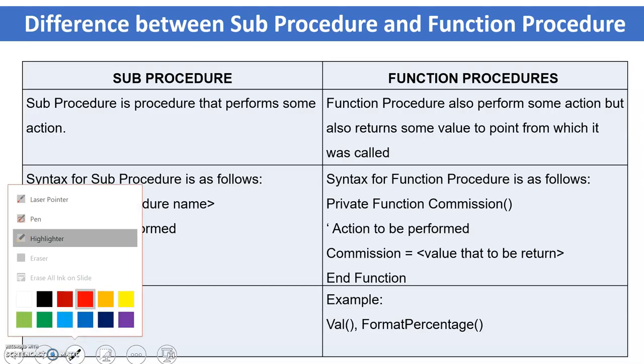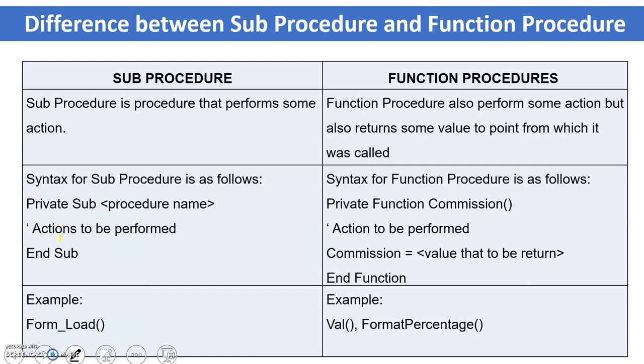So here we have the differences between the sub procedure and the function procedure. The very first difference is actually, we cannot say exactly a difference, but similarly, a sub procedure is a procedure. Yes, it's a procedure, and yes, it performs some specific action or task. That is the sub procedure. Then what is a function? In a similar way, a function procedure also performs some specific action, but there is a difference. And what is the difference? That function procedure